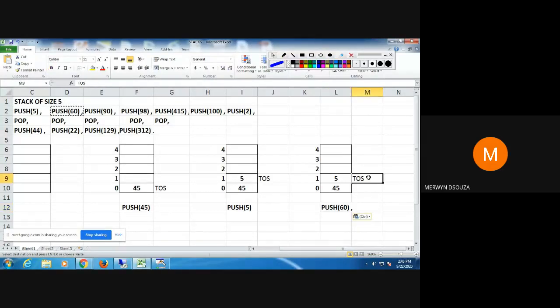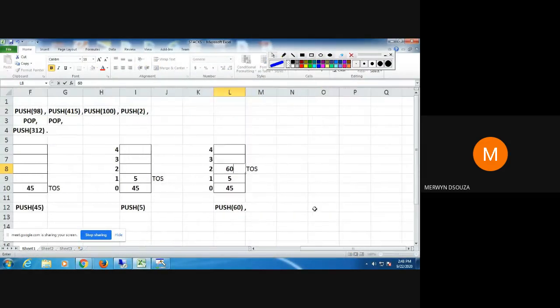When you insert 60, you will get here like this. Step by step, you have to keep showing all the steps. Okay, don't do it on one diagram itself.